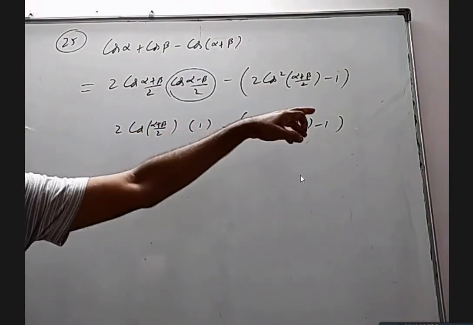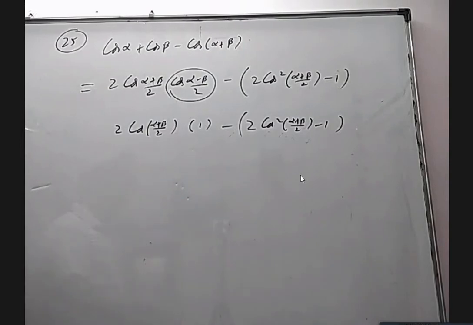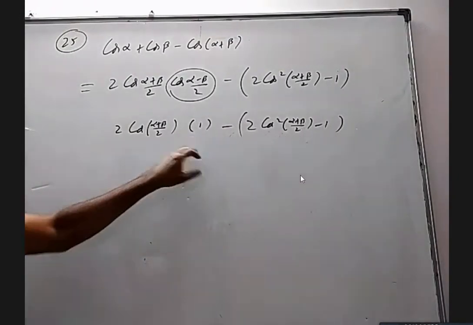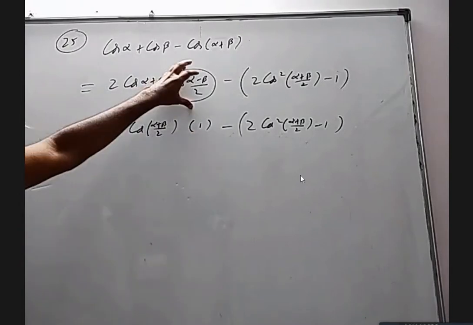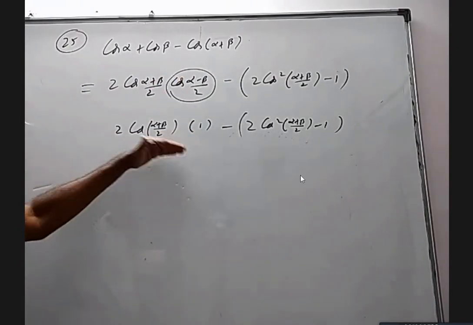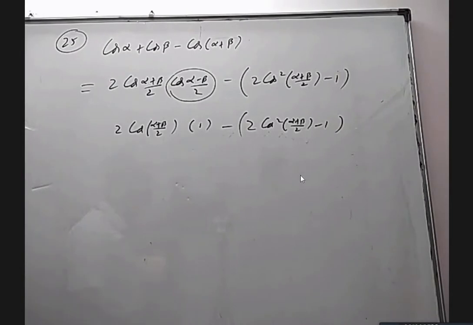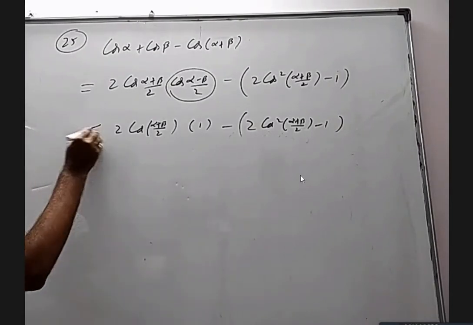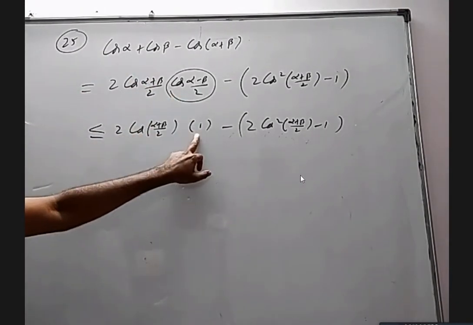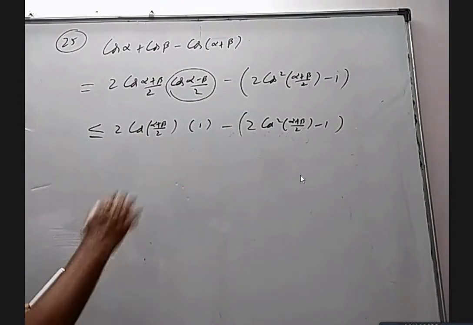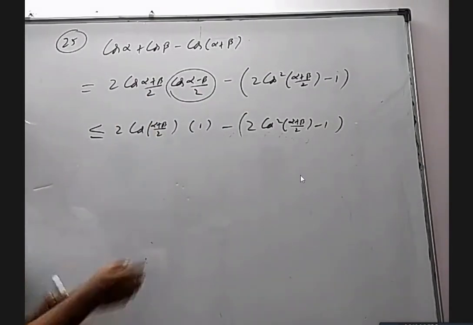Now which expression value is greater? Sir, both are same. How can they be same? These are not equal, right? Sorry, sir, the below one will have more. Yes. This value is always between minus 1 and 1. The maximum value is 1. So I removed a quantity and replaced it with a bigger quantity. Can I say this expression is bigger than this? Yes, sir. So that's why I'm going to write less than or equal to. Because you know cos of something is less than or equal to 1, then you multiply it with this and add it. So this is a bigger quantity than this. They may be equal when this is 1.